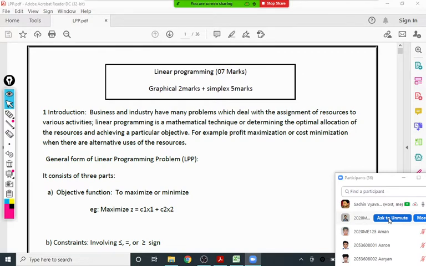Now, why is the name given as linear programming problem? Obviously, throughout the topic we are going to see only linear problems. Linear problem means everywhere the degree of a variable is 1. And these are programming problems because there is some systematic method to solve them, and because of that we say it is a linear programming problem.